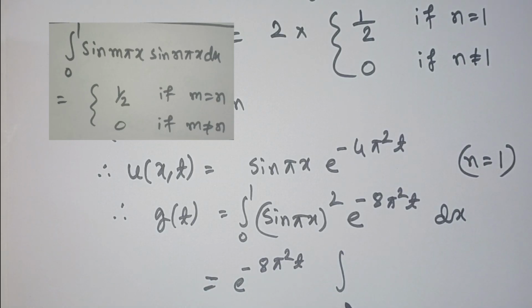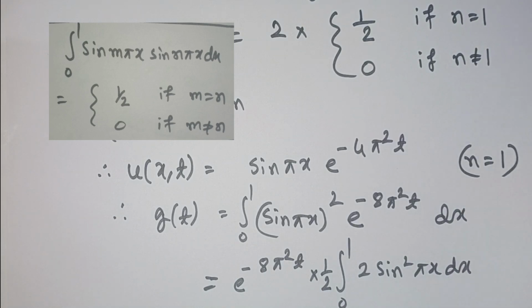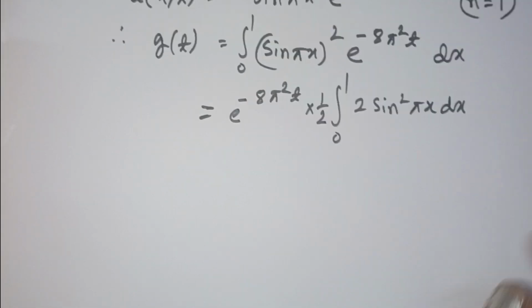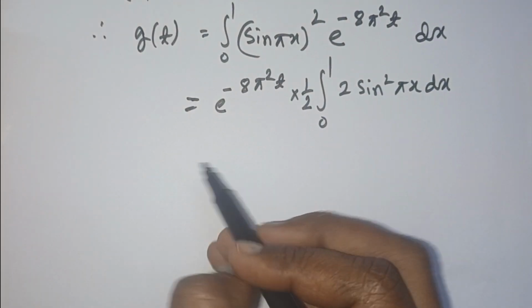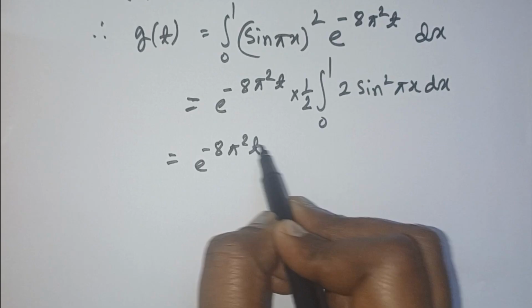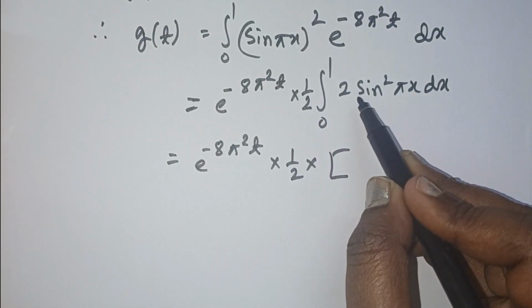So e power minus 8 pi square t times integration 0 to 1 of sin square pi x. So we can take 1 by 2 outside and multiply by 2, then the value will be e power minus 8 pi square t into 1 by 2, and if we integrate then it will be x